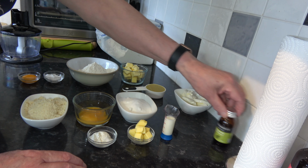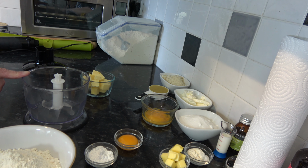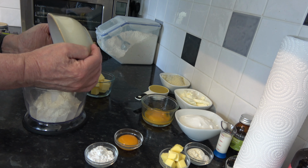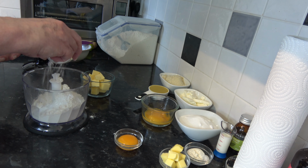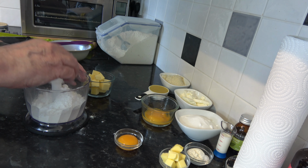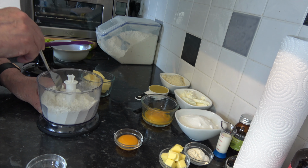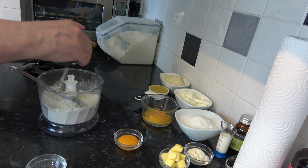And the first thing we're going to do is to make the pastry so that we can roll that out. And I'm going to make the pastry in the little chopper bowl of my immersion blender. That will work very well. So I'll put the flour in, and then I'll sprinkle over the icing sugar. That's just to give a little bit of sweetness to the pastry. And I'll just stir that around to get the icing sugar mixed into the flour just a little bit, and then I'll put in my chilled butter,